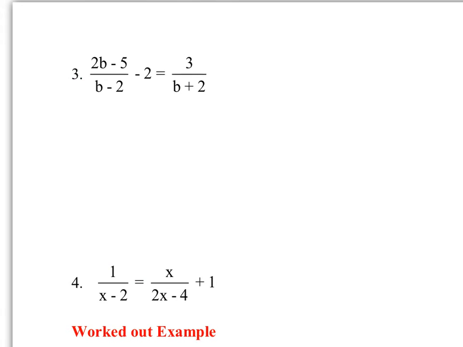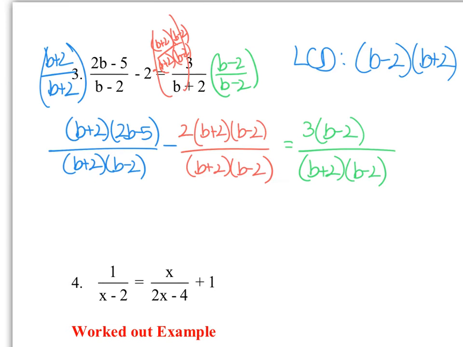Okay, we'll look at question 3 here, and maybe this would be one where you can pause it and check back in. So how about this? Figure out your LCD, get your common denominator, and then unpause it and see if you match. Okay, so in the first fraction, you're going to multiply top and bottom by b plus 2 over b